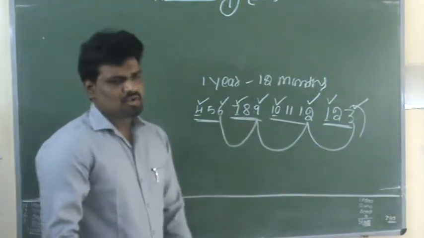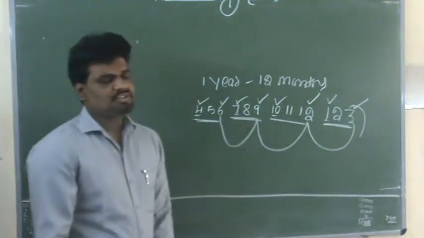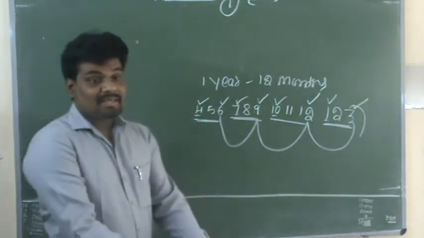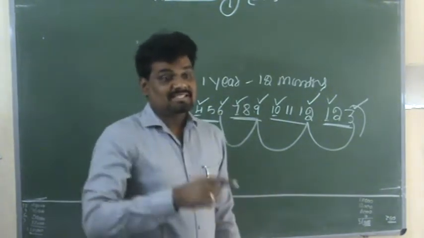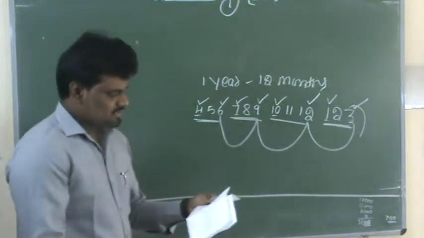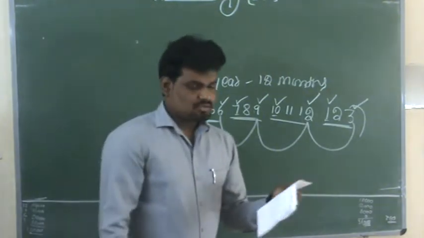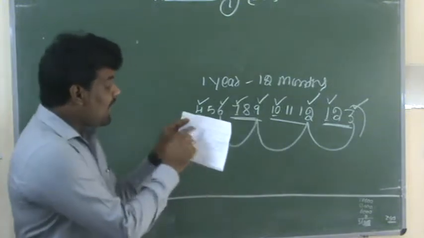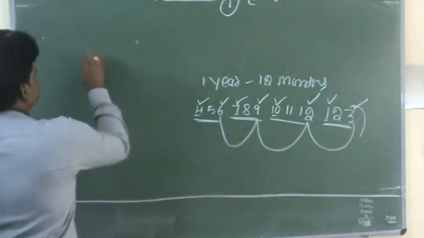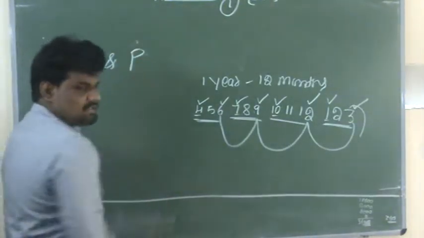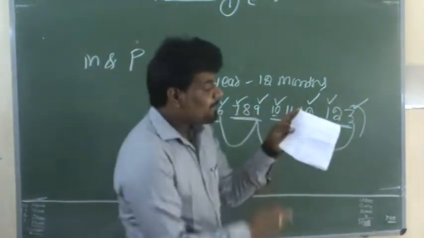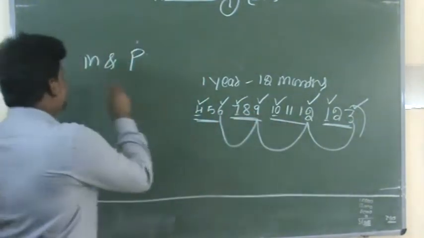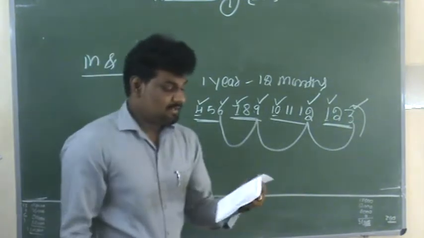So come back here. We will solve one question. The first question is related to when the partner withdraws at the beginning of each quarter. Such problems we will now discuss. All of you observe the question. Murthy and Patil are partners in a firm. There are two partners in a business organization, namely Murthy and Patil.